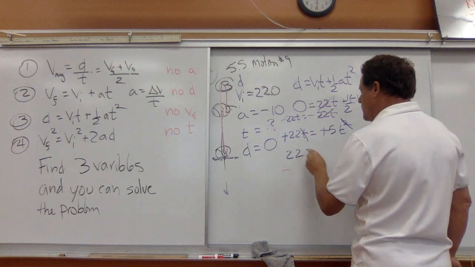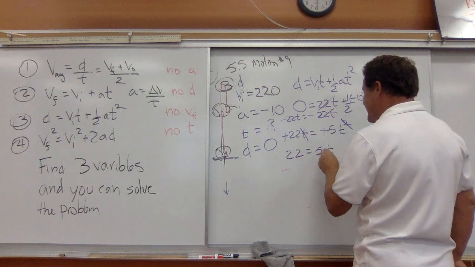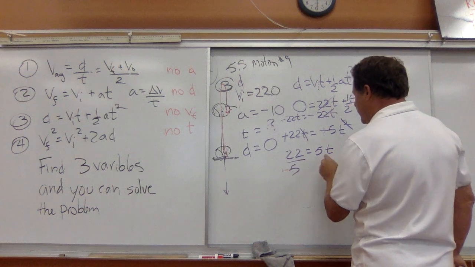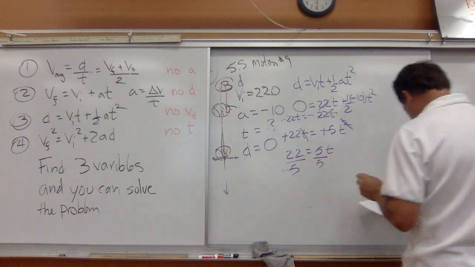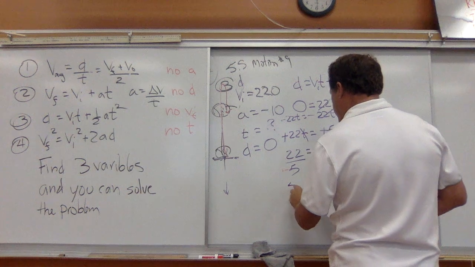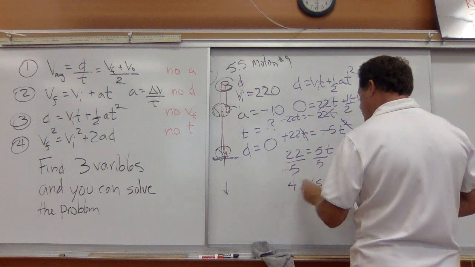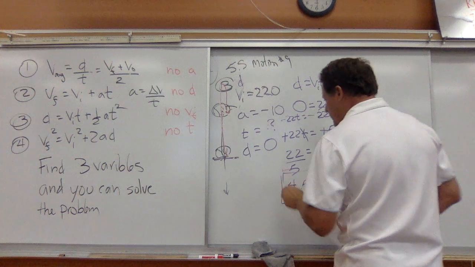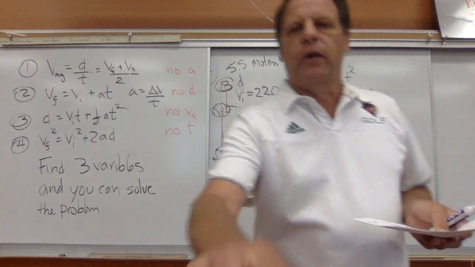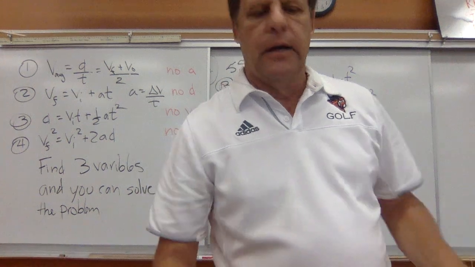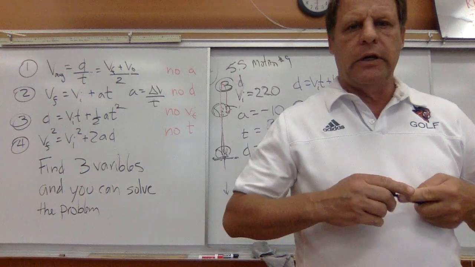So we're going to end up with 22 is equal to 5t. We're going to divide by 5, and we are going to get 4.56 seconds is equal to the time. So you guys remember that we